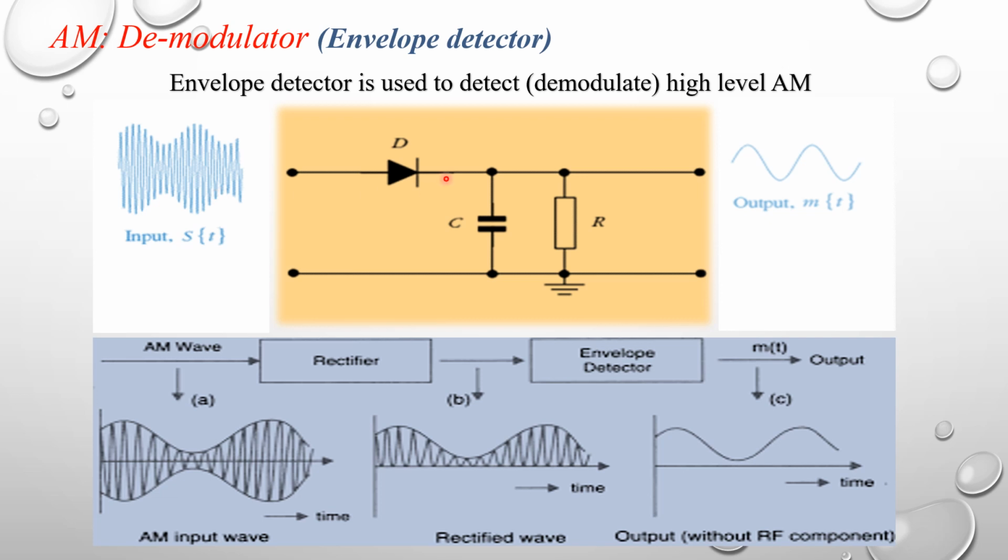So across the diode we receive around 1.8 volts. For example, let's consider the diode threshold voltage to be 0.7 volt. The positive terminal of the diode is connected to the input and the negative to ground, so the diode is in forward bias condition and conducts only the positive cycle. The positive cycle peak amplitude is 2.5 volts and the diode loss is around 0.7, so 2.5 minus 0.7 equals 1.8 volts. Across the diode we receive 1.8 volts.